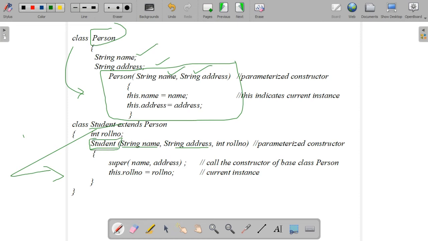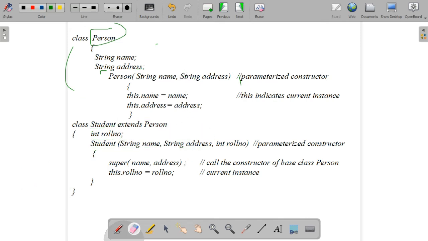Okay. So in the superclass we have two parameters, string name and string address. So we are giving the same string name, string address. But you have to remember we are writing inside the derived class constructor. So in the derived class constructor Student, we write the two parameters, string name and string address, comma, then two are finished. Those two belong to the base class.